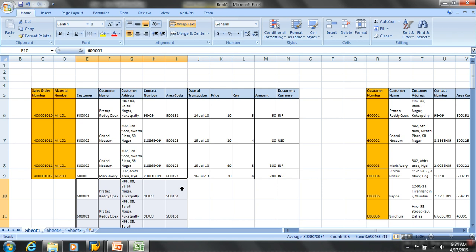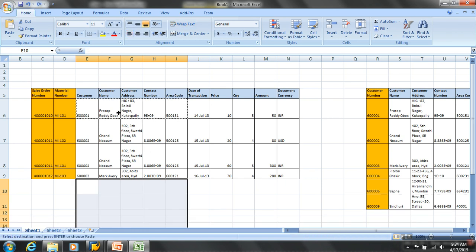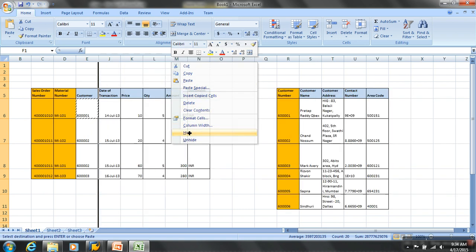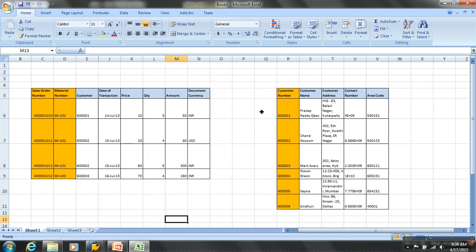It's of no use. Now, if I do it this way, if I just cut this out and let's say I hide this out. Now in this, if I have the same way, the older way of having two tables, if my customer 600001 performs 1 million transactions, how many times will I store his name, address, contact details? Only once. Am I saving a lot of space? Yes or no? Yeah. That's the reason I was splitting into two tables. Did I make sense here?